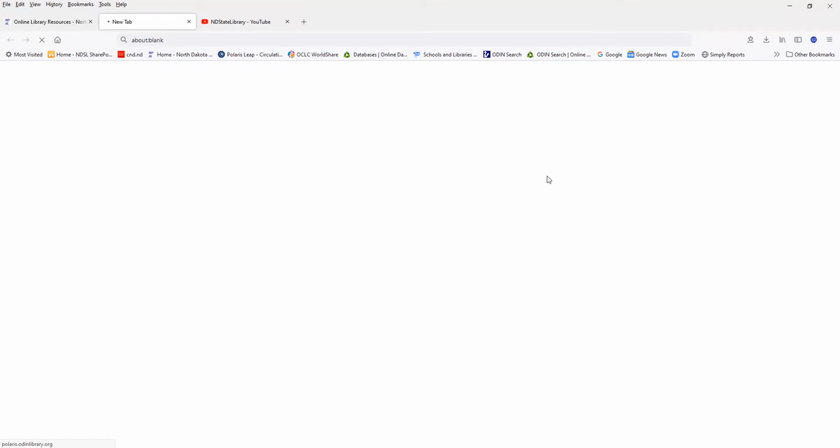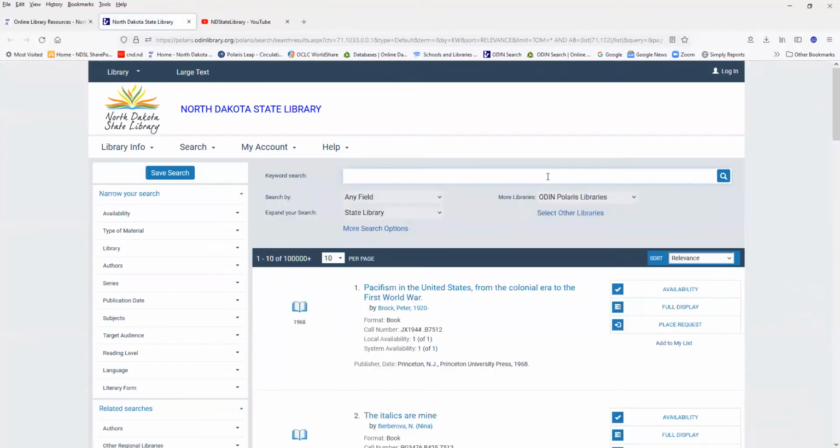Now we do have a couple new procedures and policies with our kits. For book club kits, the policy is the same as it was with KitKeeper. Anyone with a North Dakota State Library card can check out a book club kit. People can also go through their local librarian and coordinate to host a book club at their library. But anybody in North Dakota with a state library card can check out a book club kit. They can have their own book club in their living room with their friends, or they can work with their local librarian and have a